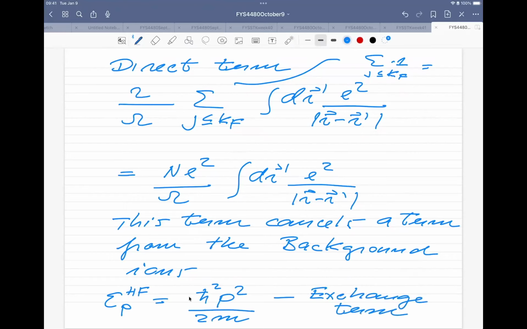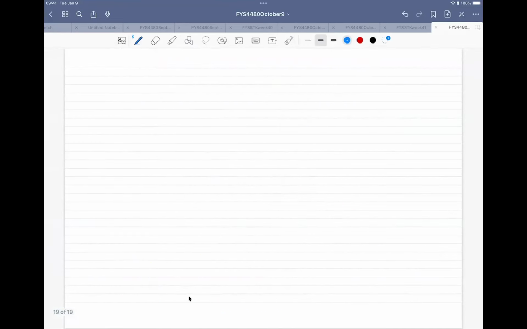And what we are going to use some time on now is to calculate the exchange term, because that's the term which is going to give us the analytical expression for the Hartree-Fock single particle energies. And then we will come back to some of the other terms a little bit later. So what I'm going to do now is simply to set up that integral again, but I'm going to run some simplifications here.